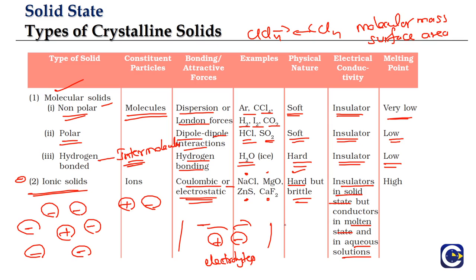So this is about the ionic solids. And since their interparticle forces, we don't want to call it intermolecular forces, because here the forces are between positive ions and negative ions. Since these forces are very strong, their melting points will be high. And in this chapter we will be studying about the ionic solids. We'll talk about particular types of ionic solids, how the arrangement of the particles happens in these solids, and some more quantitative analysis of the properties of these solids, like density and the distance between the particles, etc.